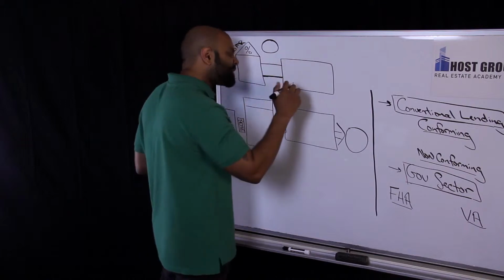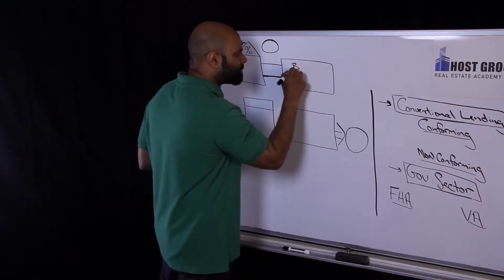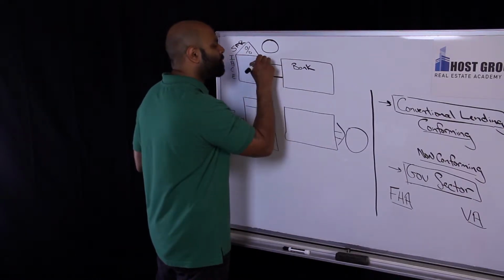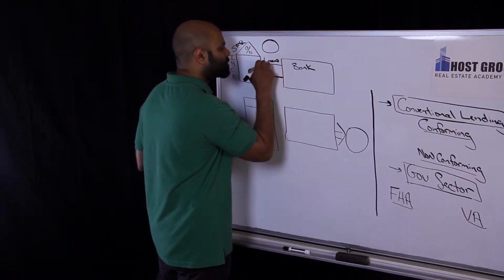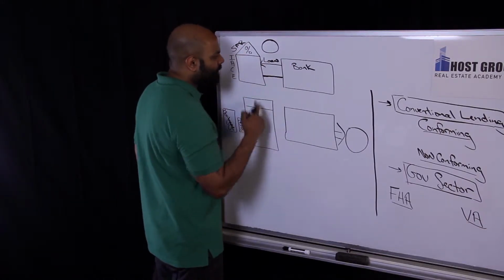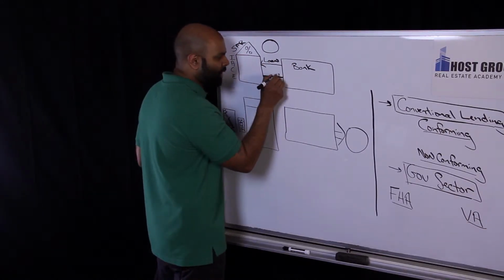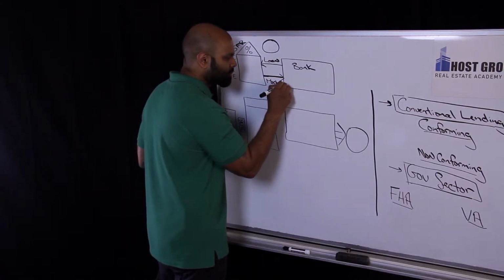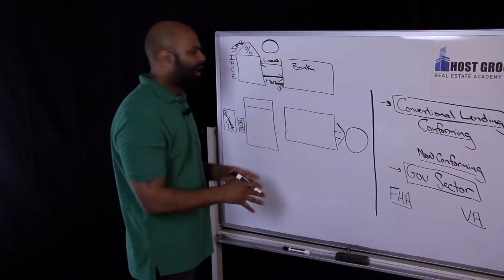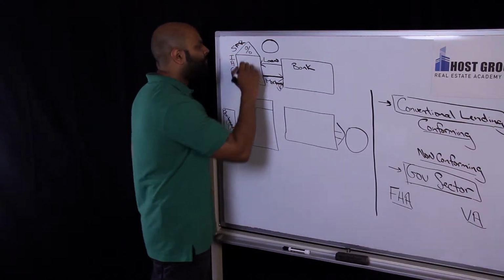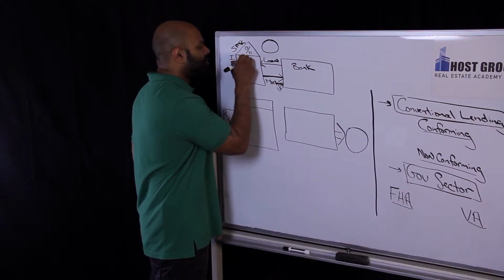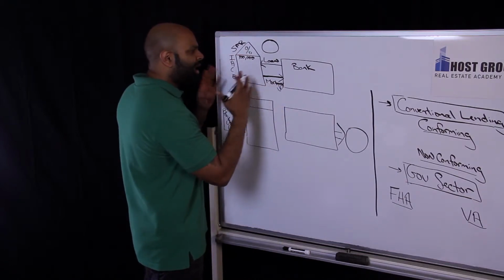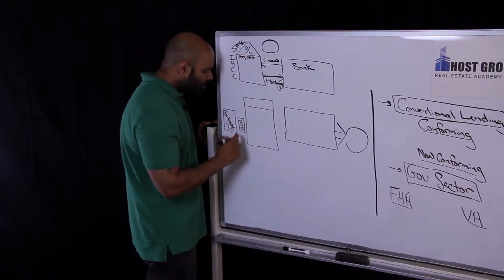Now, going back to that old slide, we have a bank. And this particular bank makes a loan to a consumer. So the consumer gets a loan, and the consumer gives a mortgage. So here, this is the mortgage. We've got a mortgage being given to the bank, and a loan being given to a consumer. And remember, that loan was $100,000. This transaction between the bank and the consumer produced two documents.